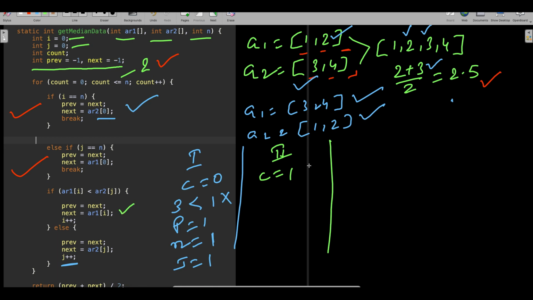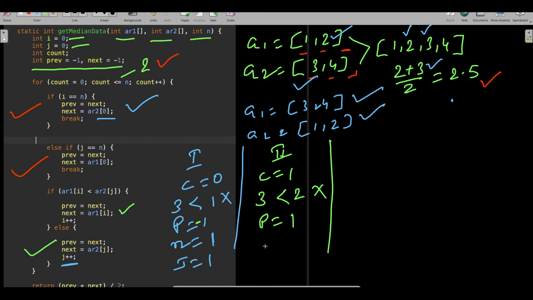Your j changed. When your j changed, then what you will do, you will compare array a1 of i, which is 0, 3. Is 3 less than 2? No, this is no. Then you will come to the else block. In else, prev becomes 1, earlier it was -1 as per our assumptions written here at the top.